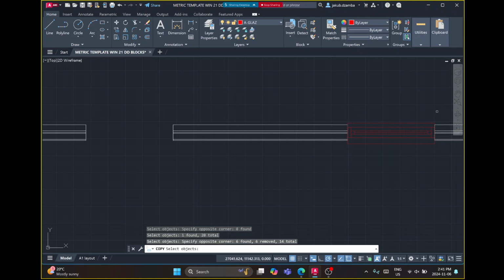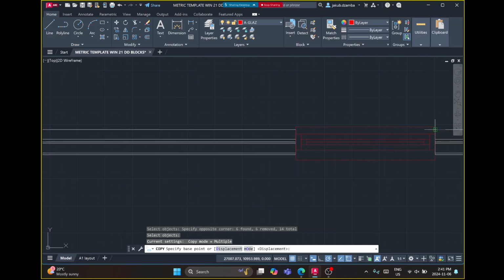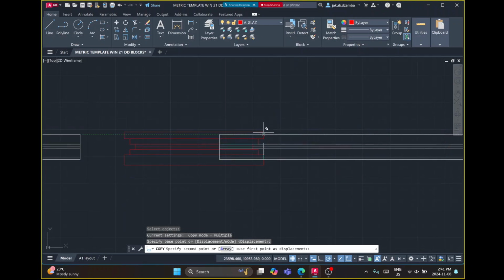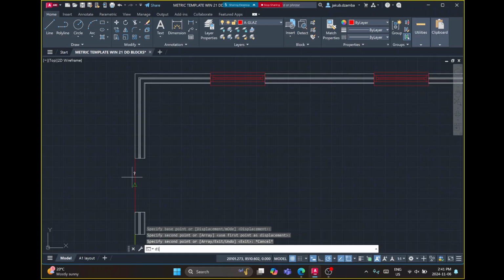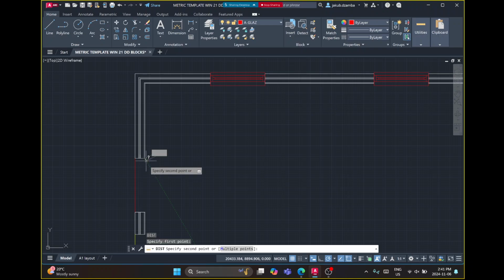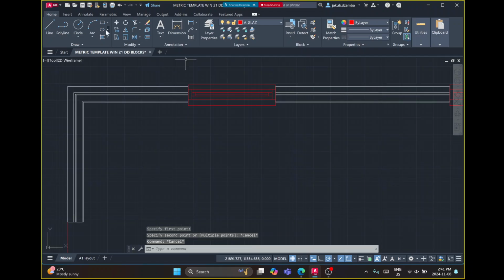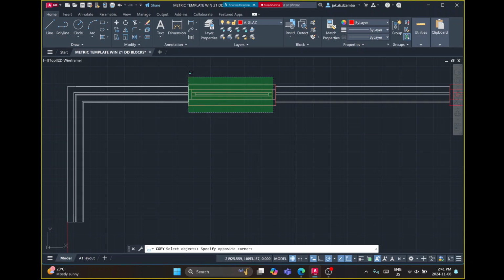unselect these lines, and now copy it from here to here. And I can go, and if I have another one, I believe this one is the same size as well. Let me measure it. What's going on here? 1270. How big is this one? 1270. So I can grab it again, copy it,